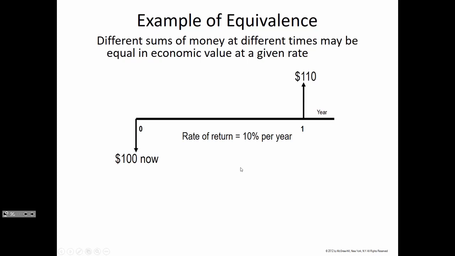Let's say that you make a deposit of $100 now into an account that earns a rate of return of 10% per year. That means at the end of the first year, at year 1, you can withdraw $110 from that account. Now by the way, this is a slide from the textbook author, and one of the things that struck me about this is that we're talking about economic equivalence, and yet the signs are in the opposite direction. And so sometimes it's easy to get tripped up on the directionality of the signs,